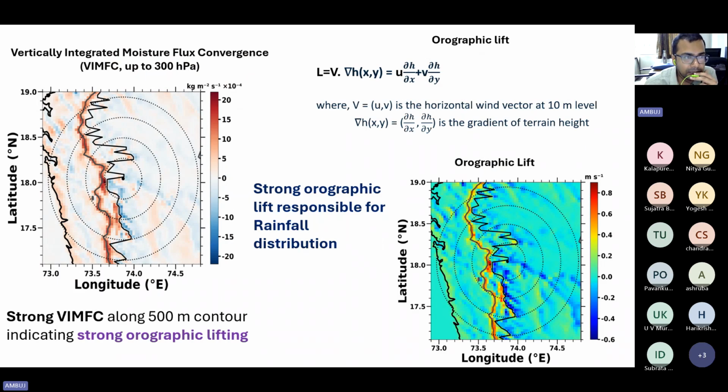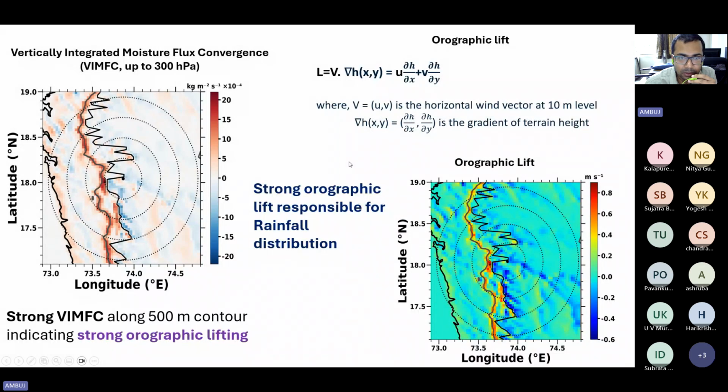Then we calculated vertically integrated moisture flux convergence by integrating moisture flux convergences from surface up to 300 hectopascal, and we found strong moisture convergence values along this 500-meter contour, and the highest values are located around 18 degree north, where maximum rainfall was occurring in the WRF simulation,